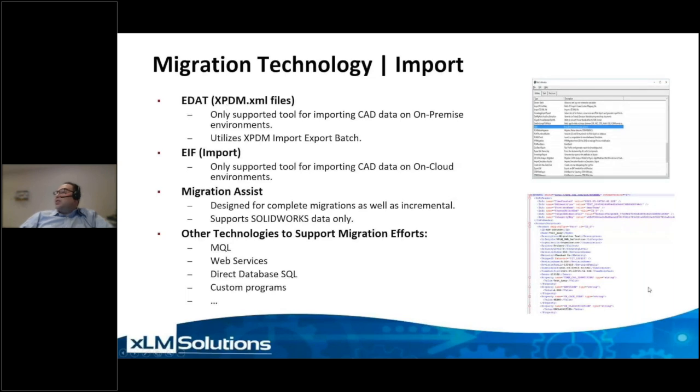Again, it makes use of these XPDM XML files that you see here, and then makes use of the CATIA import, XPDM import and export batches to get the data into 3DEXPERIENCE. And really, this tool is the only supported tool for loading CAD data to on-premise environments. If you're going to on cloud, you can make use of the EIF import tool. That's a tool that uses the EIF Enterprise Integration Framework technology to load CAD data to on-cloud